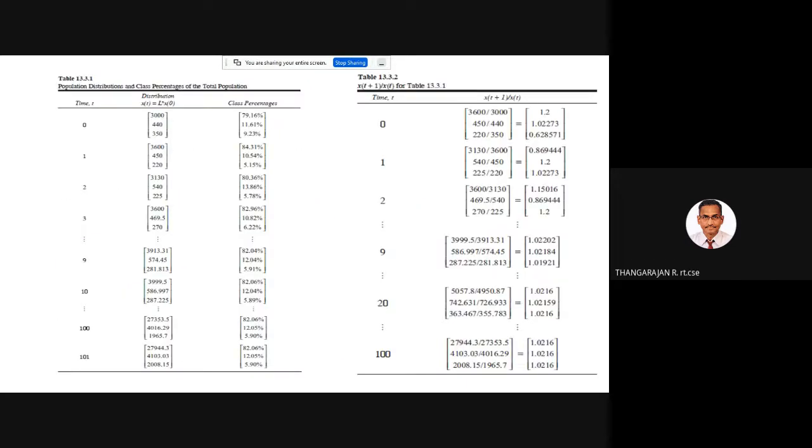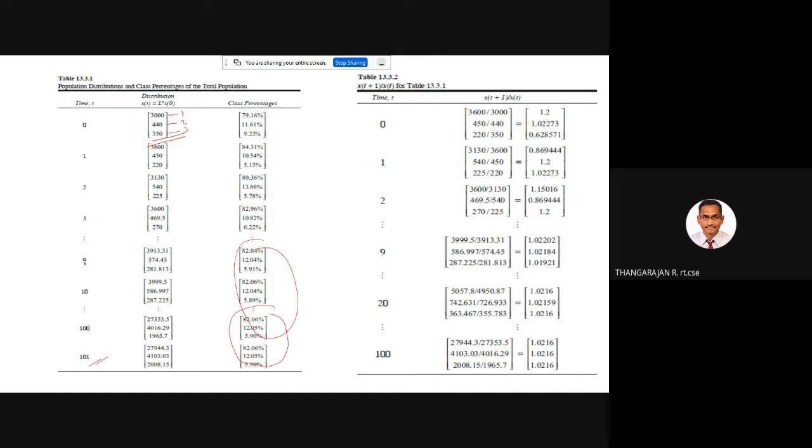Okay, this is what I have told you. So you start with this initial distribution. Initially there are 300 birds in the first year, 440 birds in the second year, 350 birds in the third year. Now when you repeat this for 100 times, you find a surprising fact here, that right from